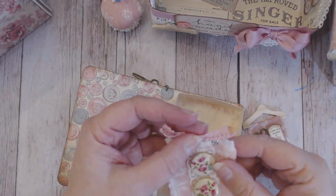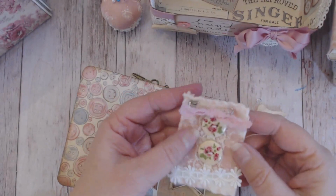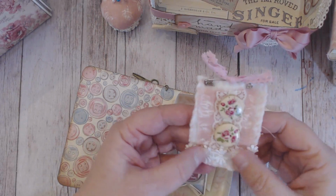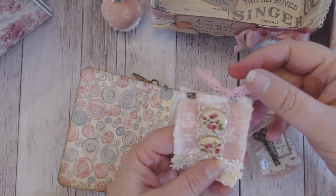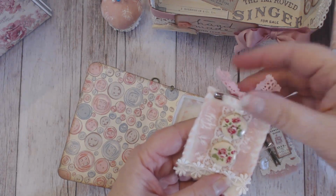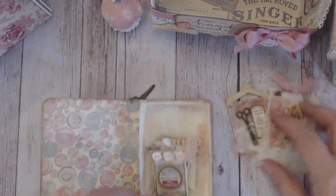And then this one, I just took that warm and natural batting and sewed around it and added some lace and some fabric, and kind of made like a little fabric button card type of thing, and just added a pin and some lace here on the top, so it could almost be like a little tag too. So anyway, I got those cute little snippets,